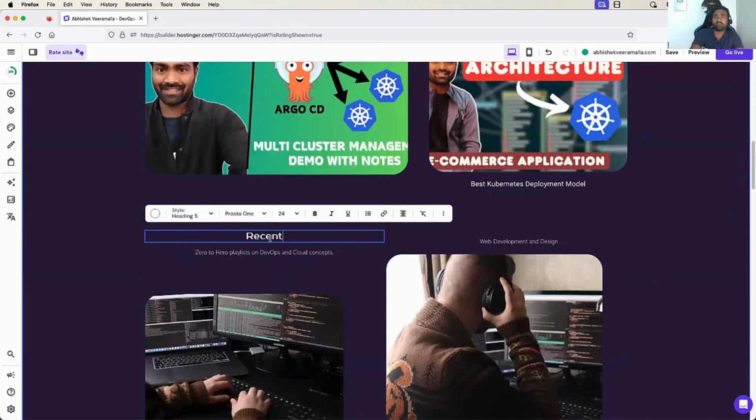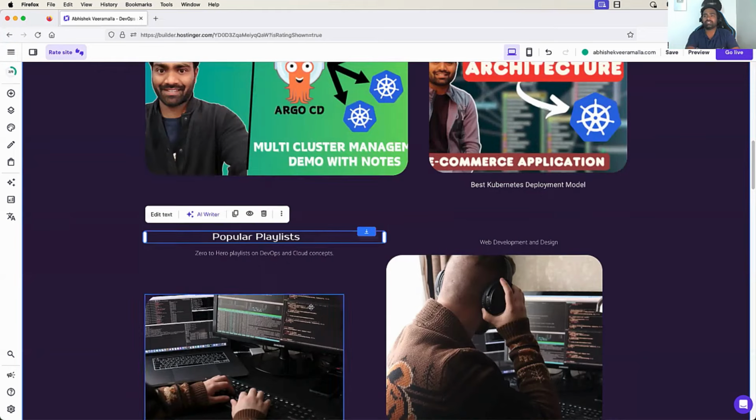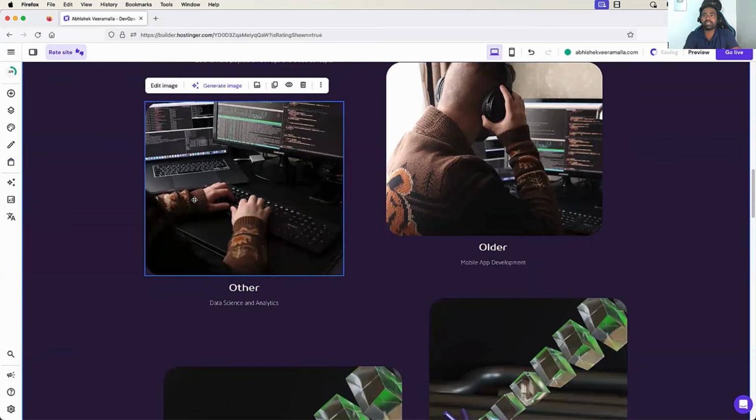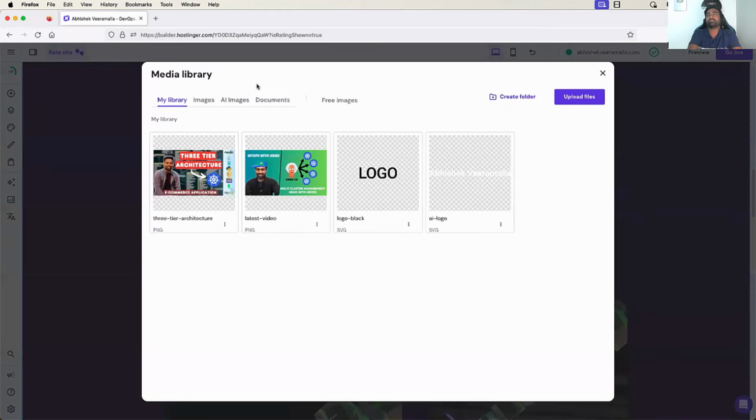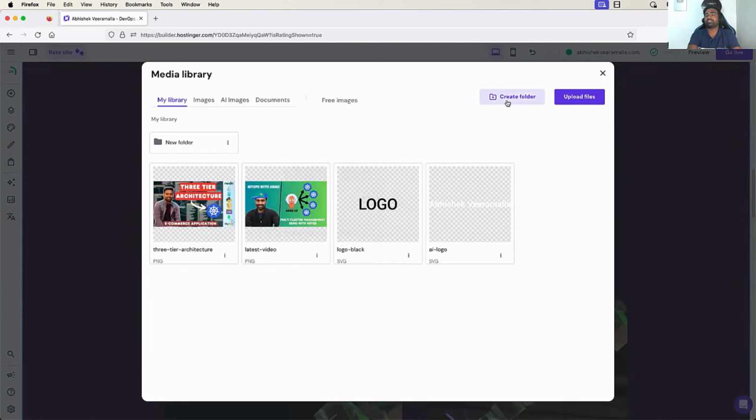Then let's choose this particular section for popular videos, or let's call it popular playlists, so that anyone who comes to my portfolio website can see the popular playlists on the channel. So let me replace this particular thing. I would like to replace this with the DevOps 0 to Hero playlist, because that's one of the popular ones on the channel. So let's go here, upload